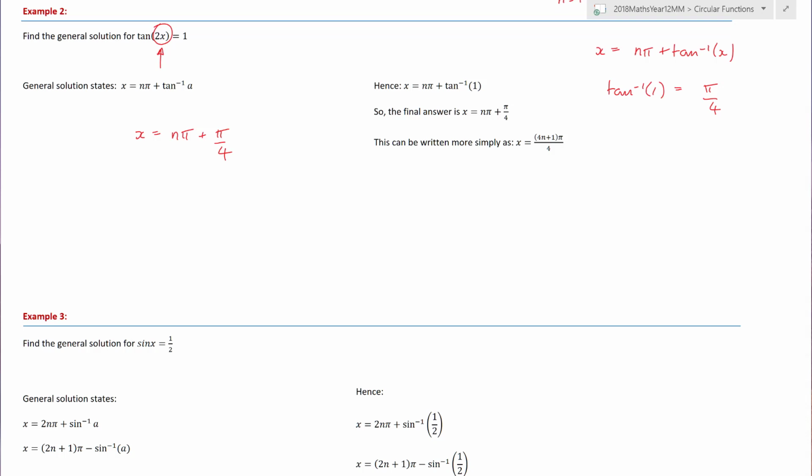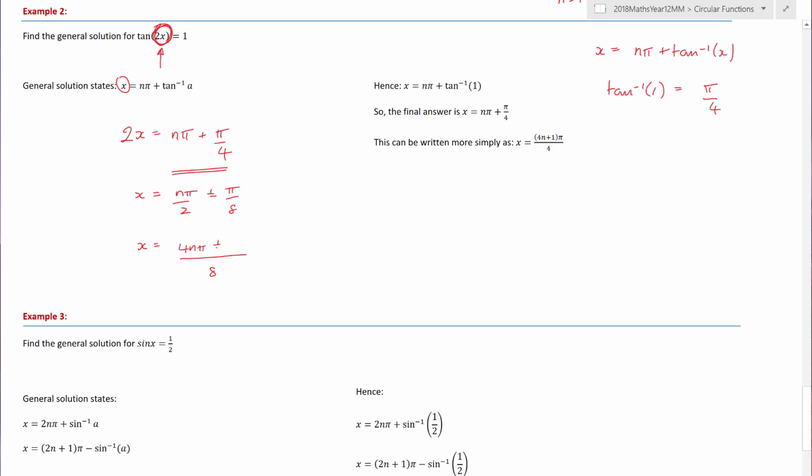So rather than writing x equals, I'm actually going to write 2x equals, because I need to take my original solutions and halve them. Why? Because my period is halved. Get it? So now I can say that x is equal to n pi on 2 plus pi on 8. And as we've done previously, I would write that as x equals, put it over a common denominator of 8,